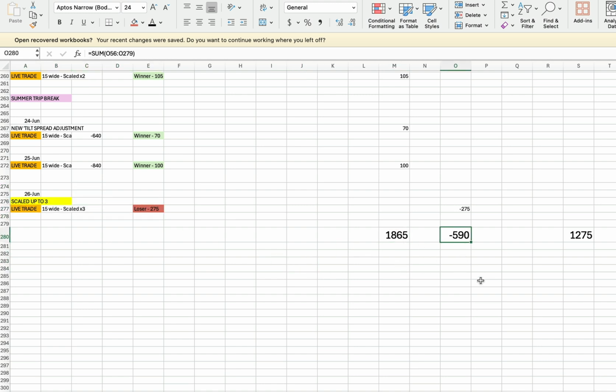With today's loss, we have minus 590. So when we take these together, we subtract the losers from the wins. We wind up with a total profit of 1,275. And that's 1,275. This is on a total risk of, well, a starting risk of 1 contract is about between